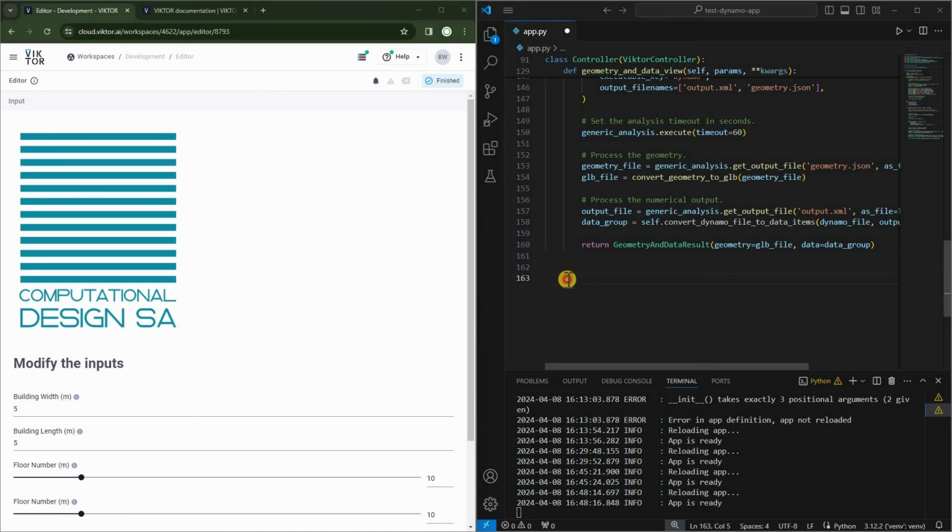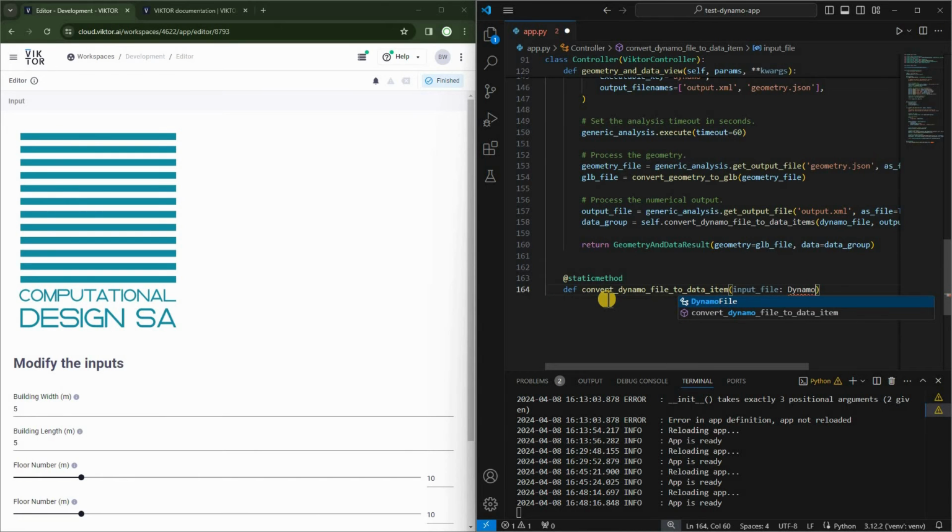Let's go ahead to create the method that allows us to extract the data from the output.xml file. So let us use the static method decorator using @ and static method. And then now let's define using def. And let's just copy this from there. Control C, Control V. And as a first argument, let's type in input file underscore file colon Dynamo file. So the Dynamo file class